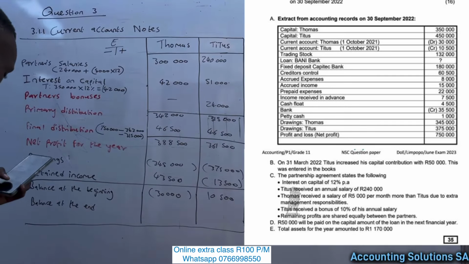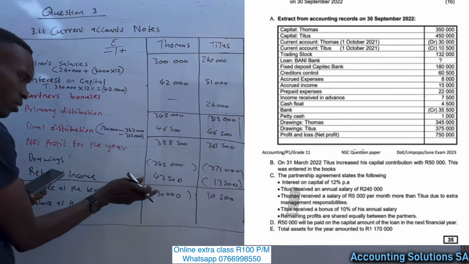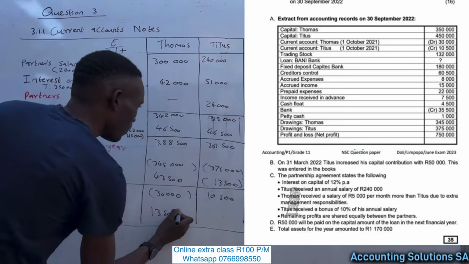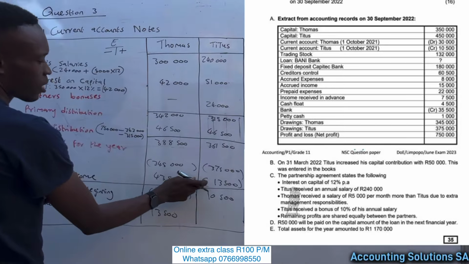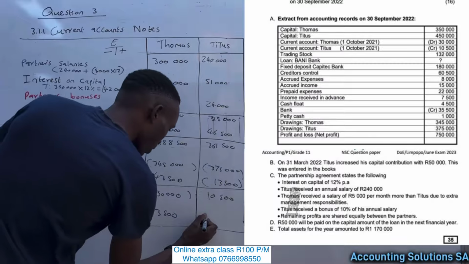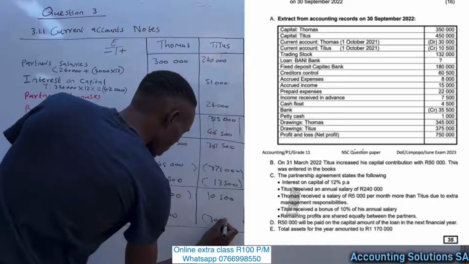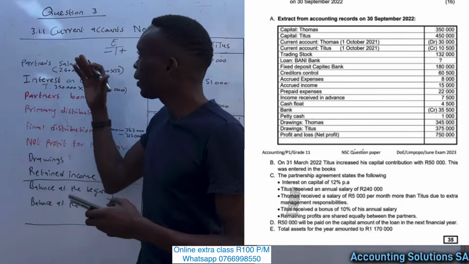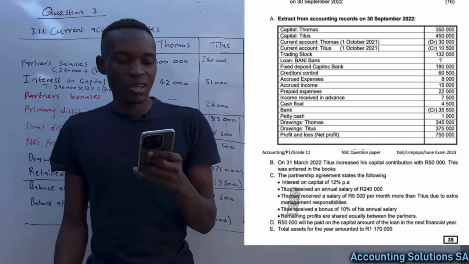Okay, then after that, now it's simple. You just take retained income and you subtract this one, and you're gonna get 13,500. And this side, you take negative 13,500, you add 10,000, and it's gonna give you negative 3,000. So that's how you should conduct a current account. If you are given a question paper